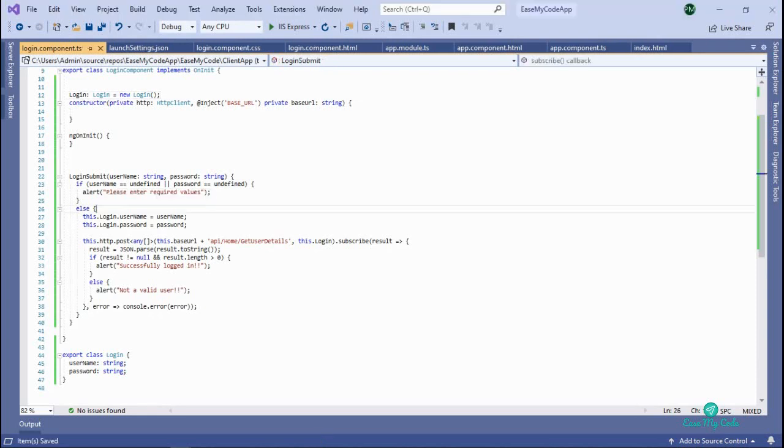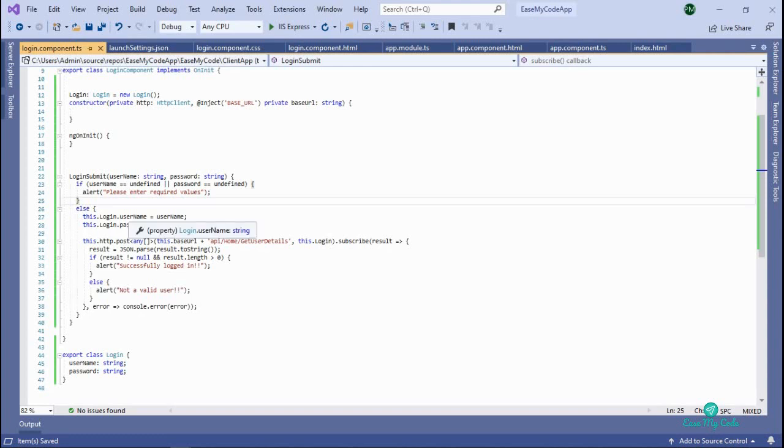So coming back to our login submit method. If you see here, the username and password which was passed from our HTML page, we'll use that to check our validations. I've just added a simple validation: if the user has not entered anything, then it shows the alert message.